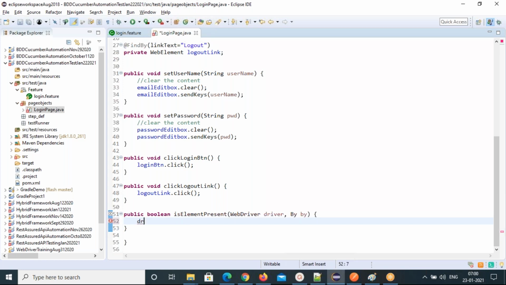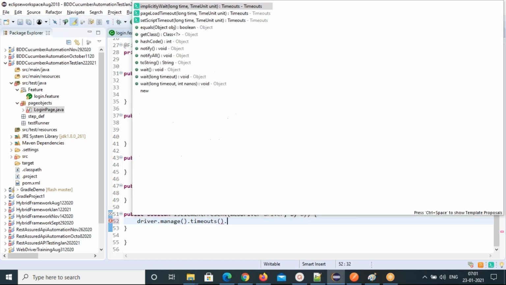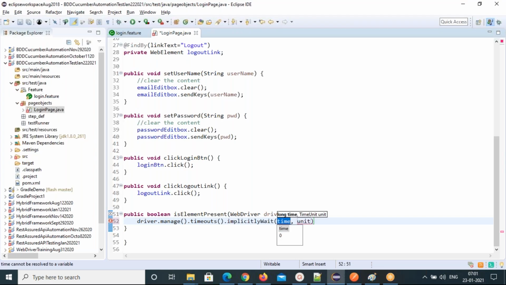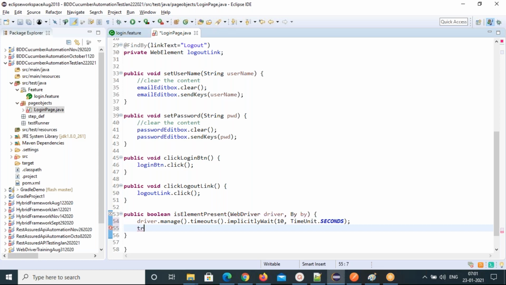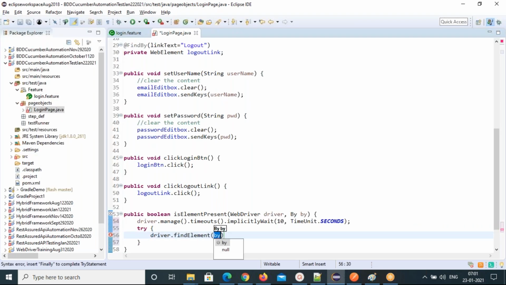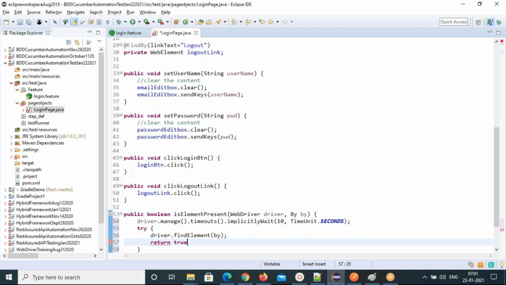Then we'll return the value. First I'll put an implicit wait: driver.manage().timeouts().implicitlyWait. First I'm waiting for the element for some time, so we'll give 10 seconds, TimeUnit.SECONDS. Then just use try-catch blocks here. If the element is there, return true.